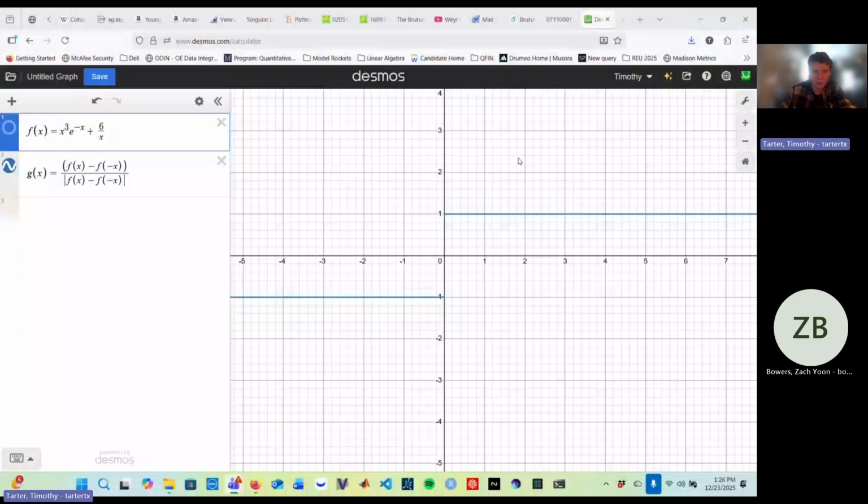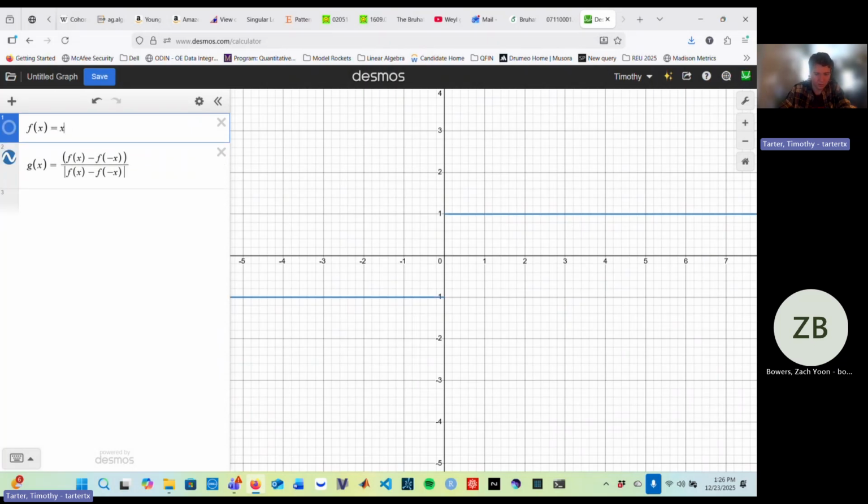There we go, share screen. Yeah, so we can type in whatever we want, and end up getting this plus or minus 1 thing going on. And so then if we restrict, if f of x really is this business of